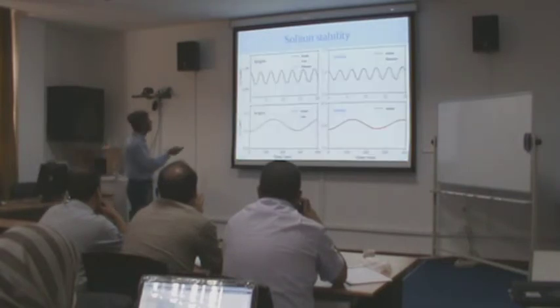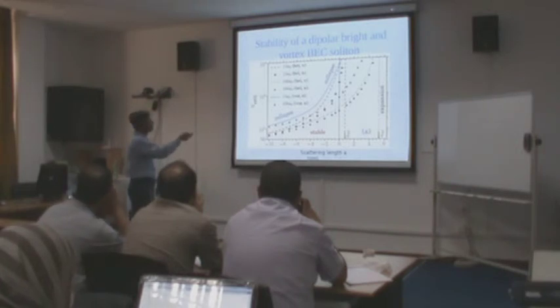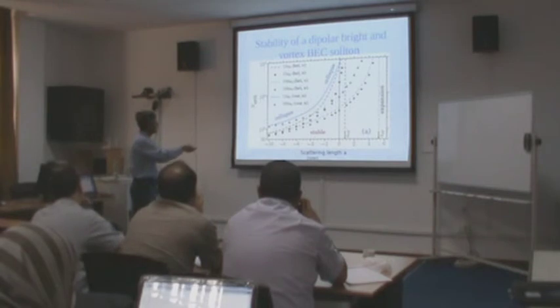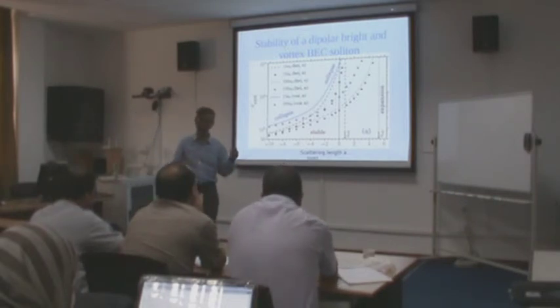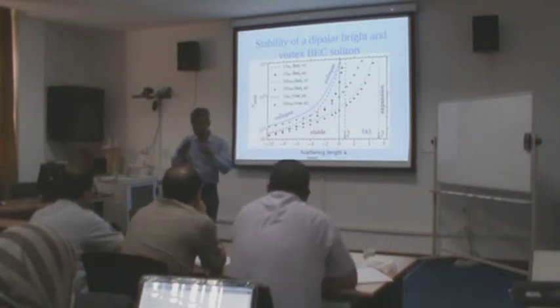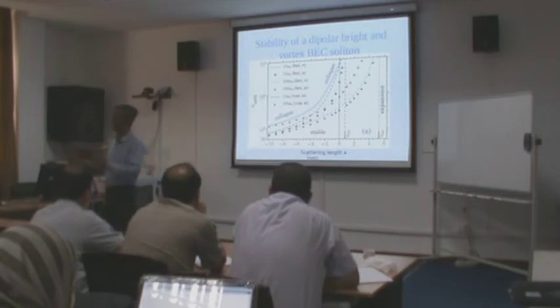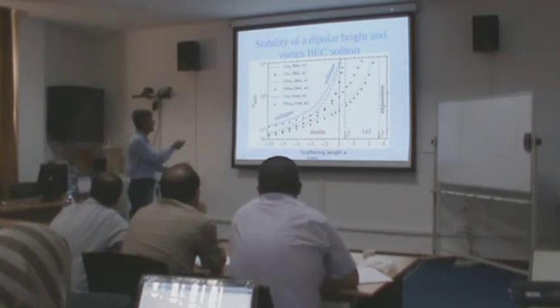And this is the other part here. It simulates something like dysprosium, which has a much higher dipole moment. If you have very high contact repulsion, it can accommodate a large number of atoms in this kind of soliton. If the contact repulsion is low or the contact interaction is attractive, you cannot accommodate so many atoms. So it has to be repulsive to accommodate a large number of atoms in this kind of soliton.